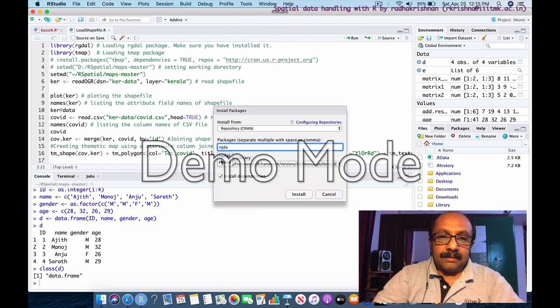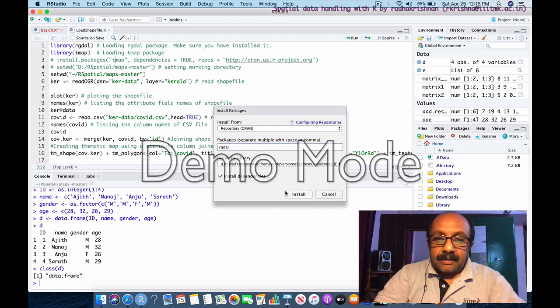The listing comes up and you select it. Make sure that you are connected to the internet, because it is going to directly download the package from the CRAN repository. Then you can click install.